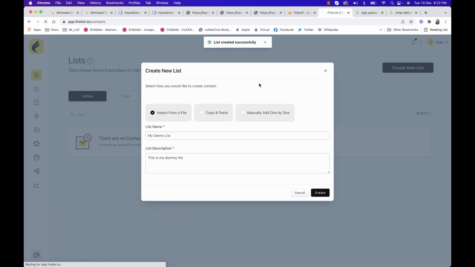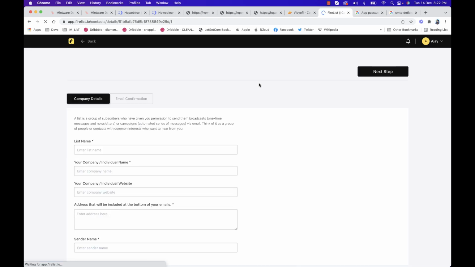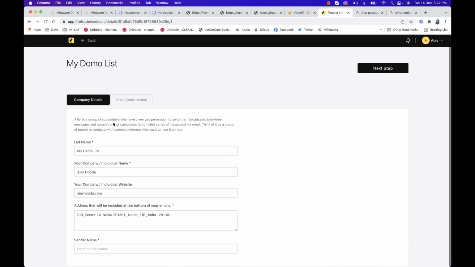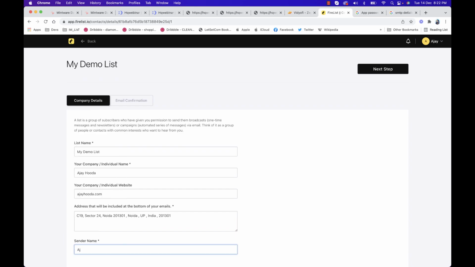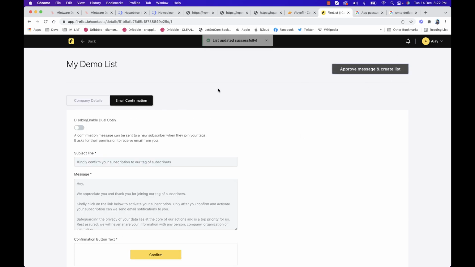So my list has been created, but before importing the data, it will ask you for a couple more details. You have to provide the name you want to use for sending emails. Double opt-in is always recommended, but you can go with single opt-in. It's up to you.